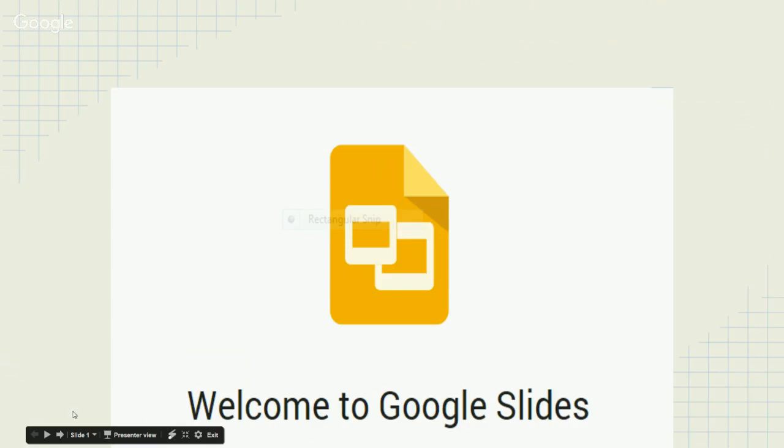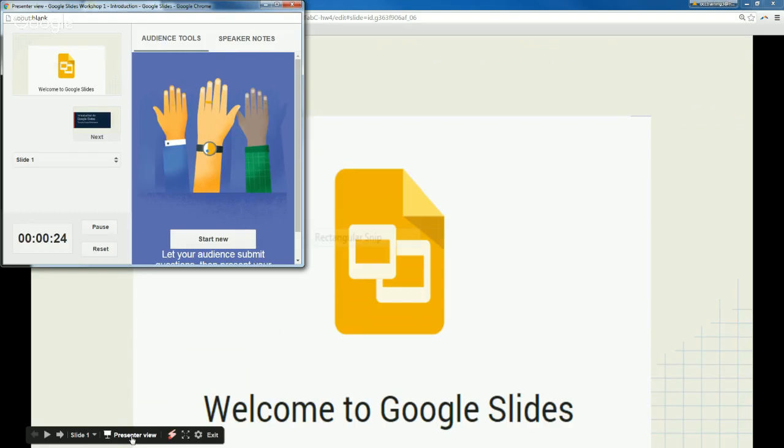If you see this new toolbar down here on the bottom, this is the brand new toolbar. I'm going to click on this little laser lightning bolt thing, and it turns my laser pointer on for me. So now you can follow me along to see where I'm going. Now what I want to do is click on the presenter view option, and it opens up